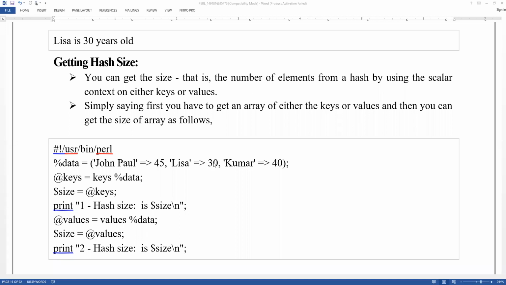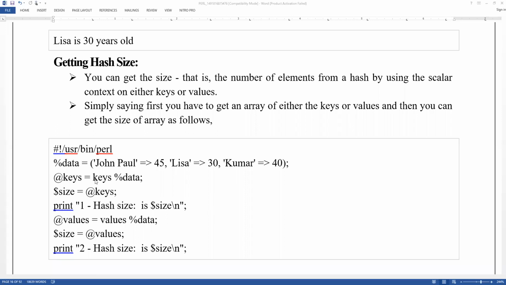For that, we need to identify how many values are stored in the hash. We can use the size command, with the help of which we can find how many keys are present in your hash table.